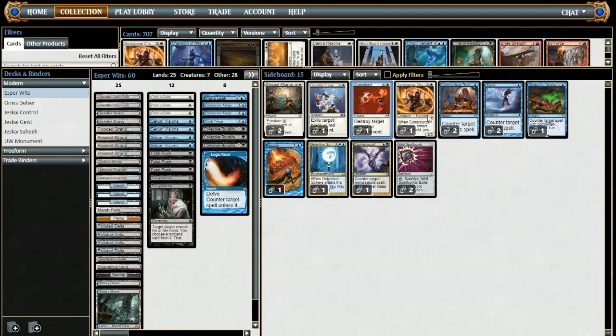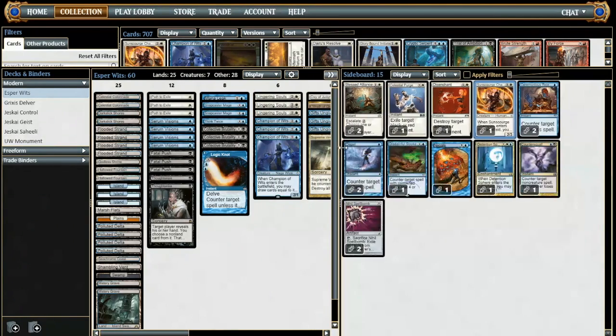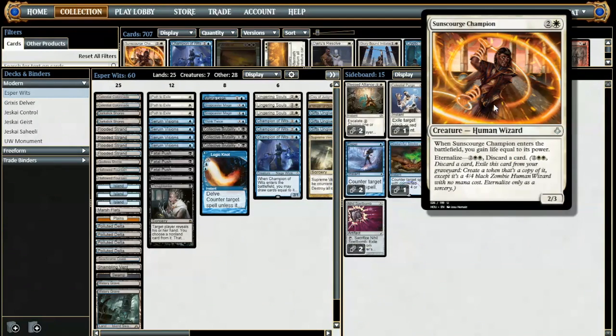Let's go ahead and talk about Sunscore's Champion really quickly. You might think that's a really ridiculous choice, but this is actually a prime choice for life gain, right? Because it's 3 mana, and it's a very good blocker with 3 toughness, which generally blocks most of Burn's creatures. And then it also has Eternalize, which means that you can fetch it up with Gifts Ungiven over here, and if they send it to your graveyard, you can actually Eternalize it for 4 mana, and discarding a card